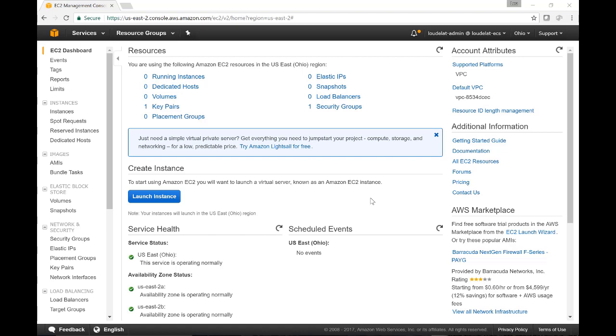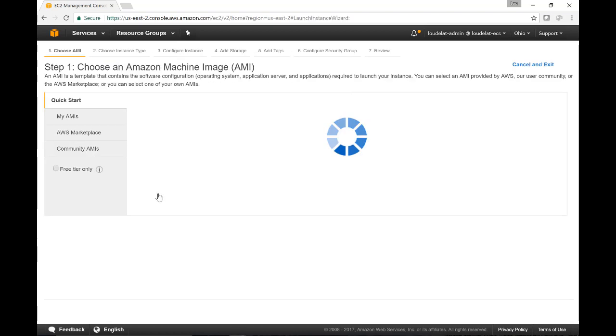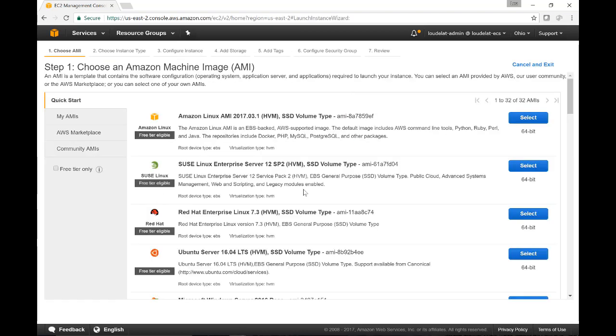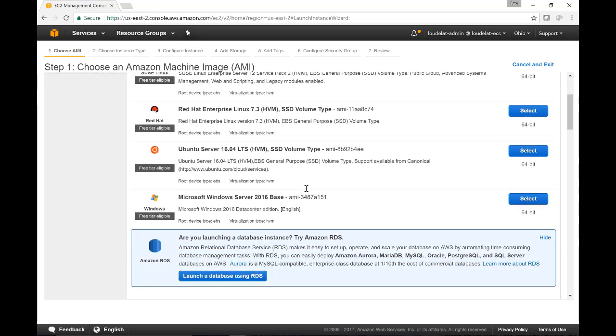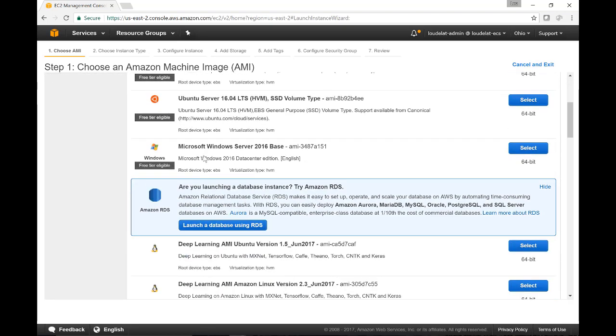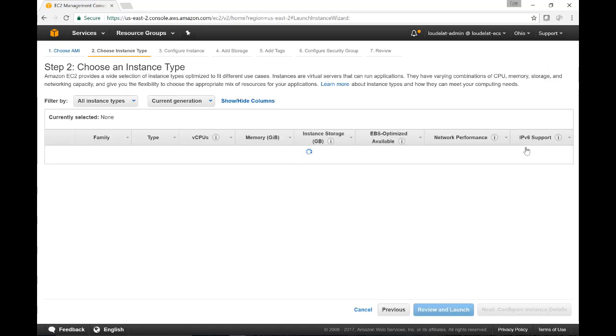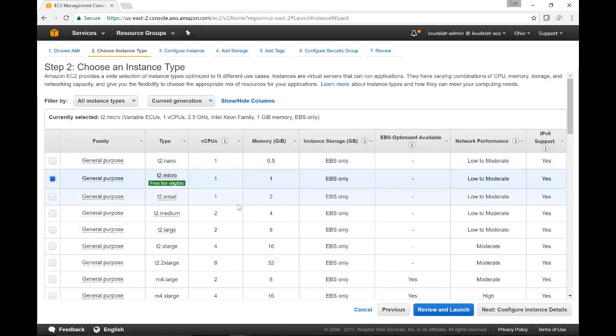Now within the EC2 dashboard, you're going to see the option here to launch an instance. So that's going to be the first step. So click on Launch Instance. And in the first step, you're going to have several operating systems to choose from. And you're going to want to select the Microsoft Windows Server image, or AMI. So here we have Microsoft Windows Server 2016 base. We'll go ahead and select that, and that will default